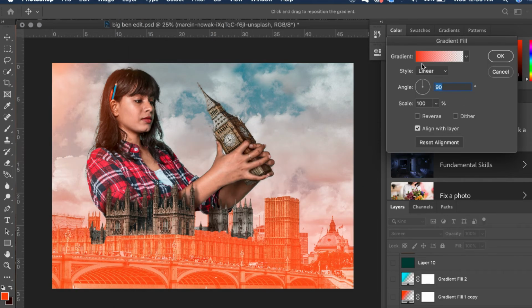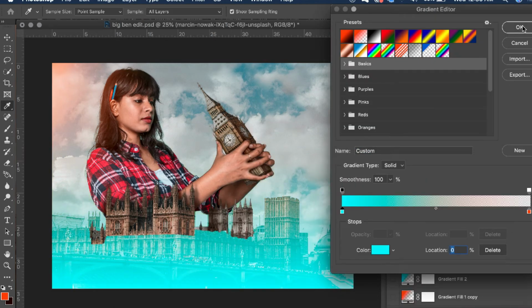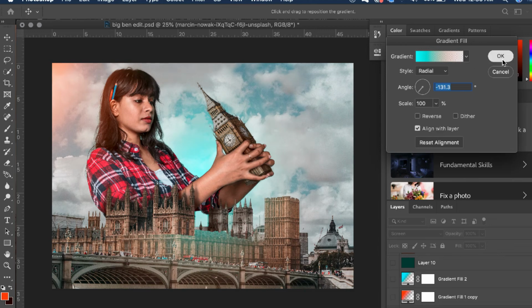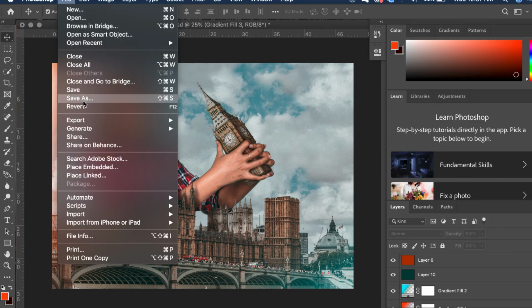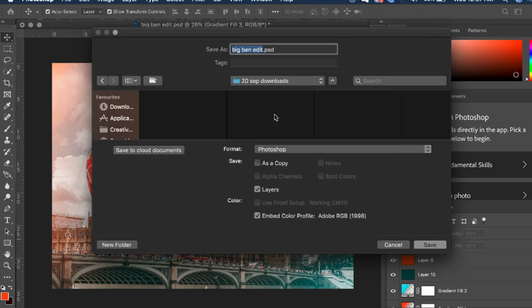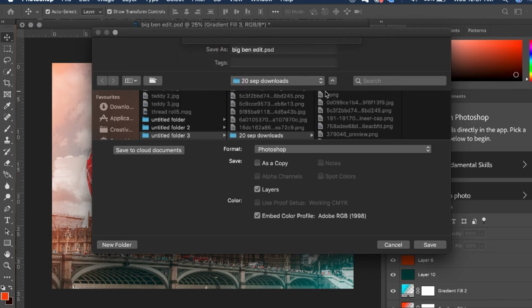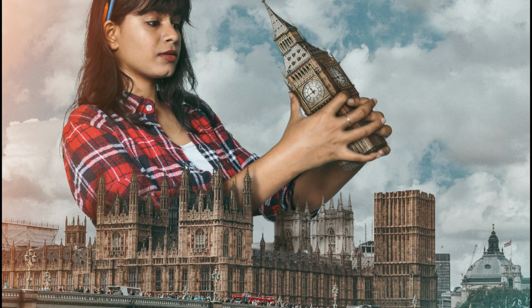For extra finishing, you can also use some dodge and burn, which I will explain in my next video. And yeah, that's it. I totally loved how it turned out. What say? And now save it on your computer in JPEG form so that you can export it into Adobe Lightroom CC on your phone to make further changes on color grading.